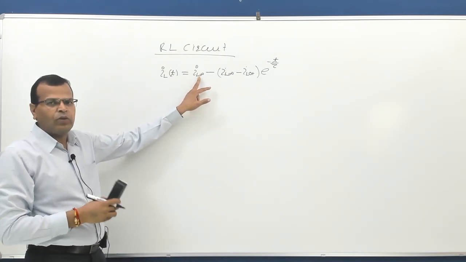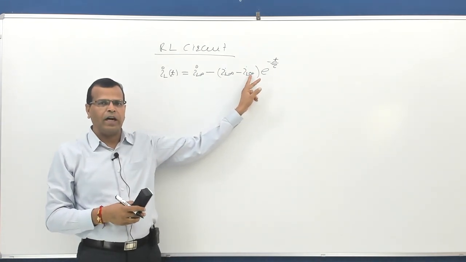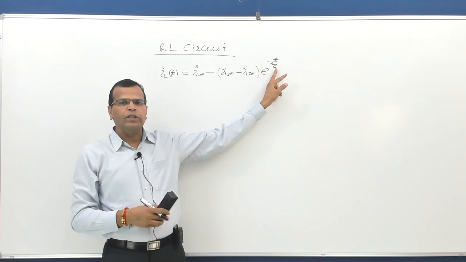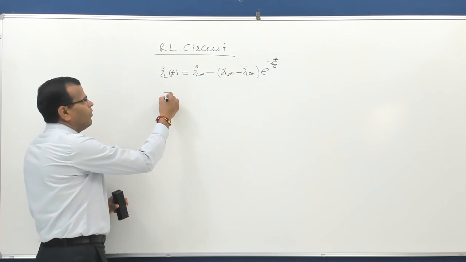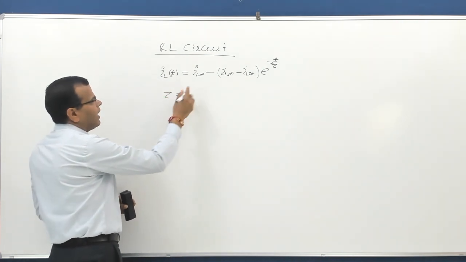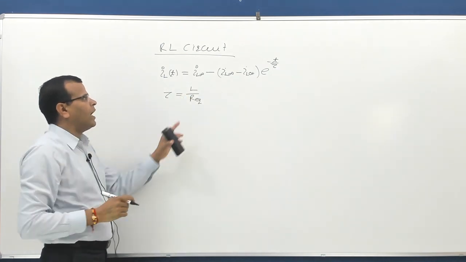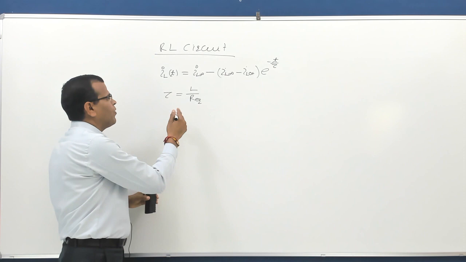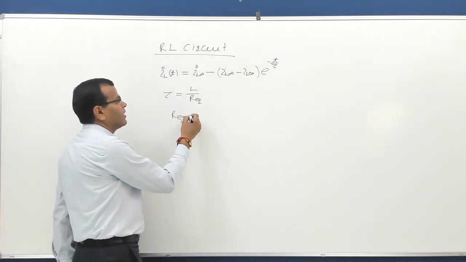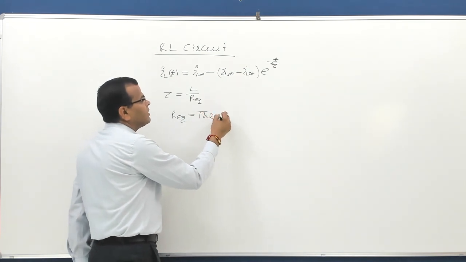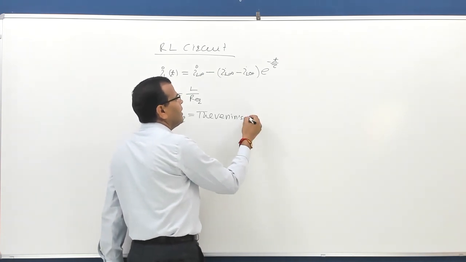So instead of repeating it again, I am just explaining. i_L(∞) is current through the inductor at t equal to infinity. i_L(0+) is current through the inductor at t equal to 0 plus, and tau is the time constant of the circuit. The time constant tau for a first order RL circuit is defined by L by R equivalent, where L is of course inductance, and R equivalent is the Thevenin equivalent resistance